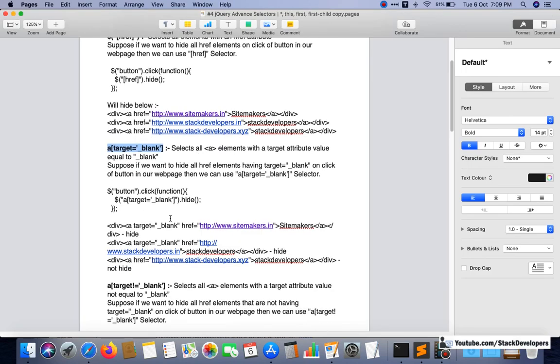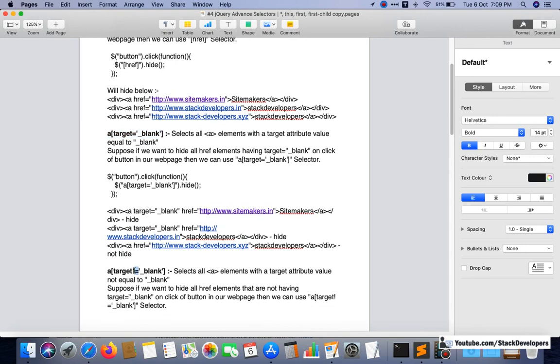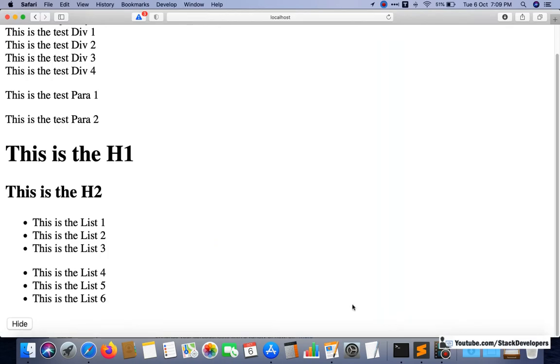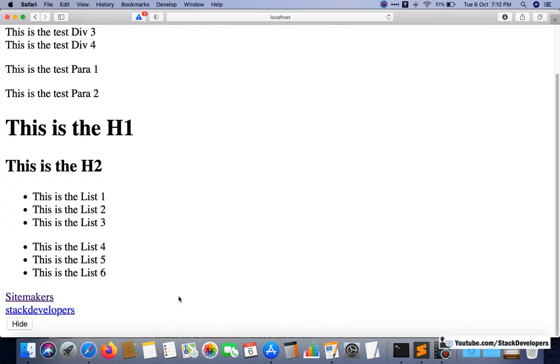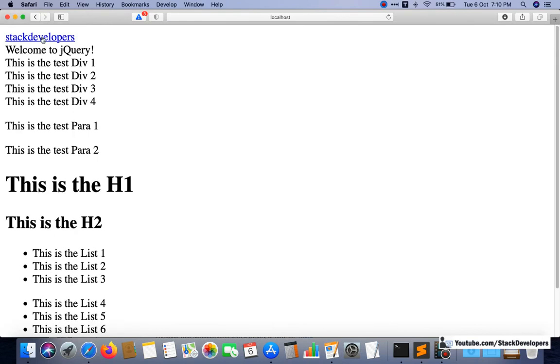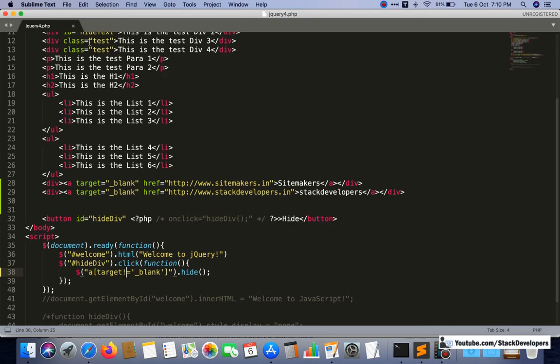Now vice versa. Now we want to hide only those that do not have the target blank, the opposite of this one. Simple thing: we use not, if the href element is not blank. Now in this case the opposite will happen. These two will stay, but this one will get removed as it does not have target blank, and we want to remove those that do not have target blank.